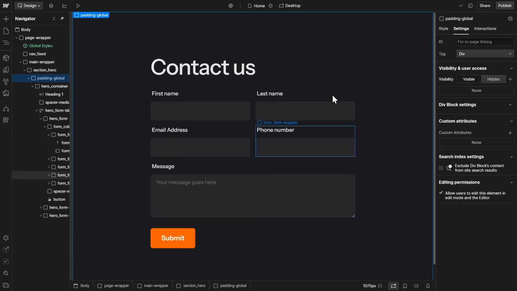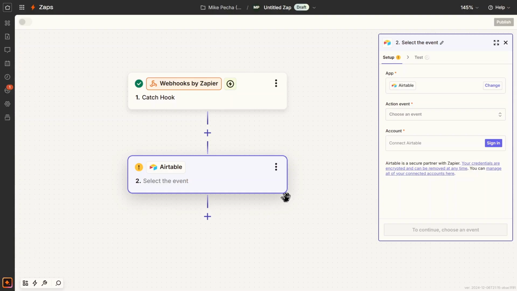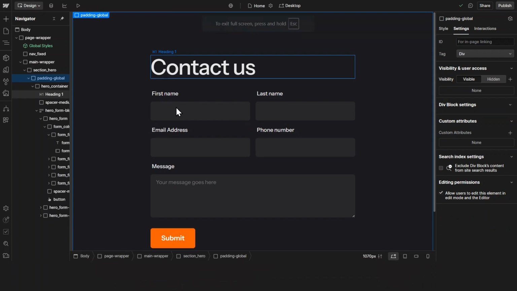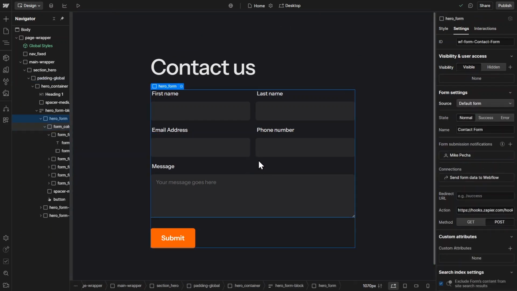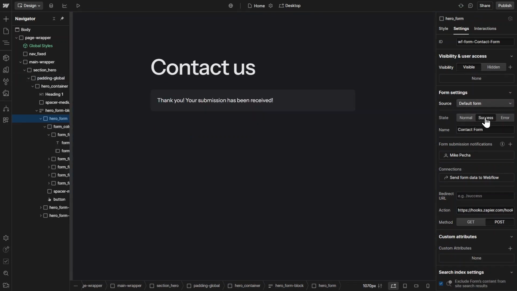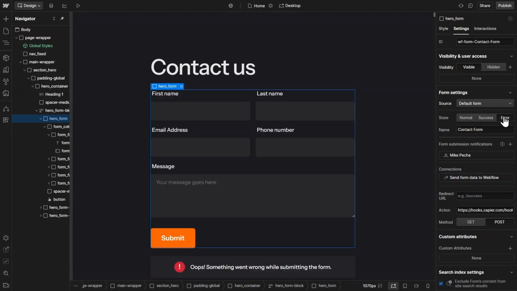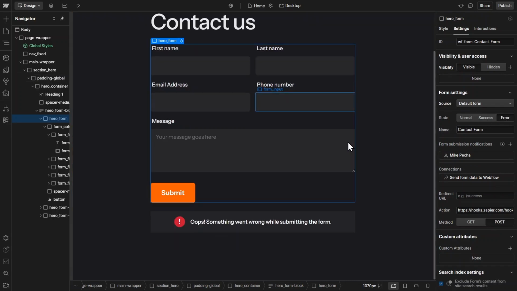Today, I show how you can connect a Webflow form to Zapier so that you can kick off any type of automation that you want to run. And the best part about this is we're going to connect this form in a way so that to the website visitor, it looks like a normal Webflow form submission. And this means you can style and control all of your normal Webflow form states, like the success message and also the error message. So you have full design control over that, and the website visitor will not notice a